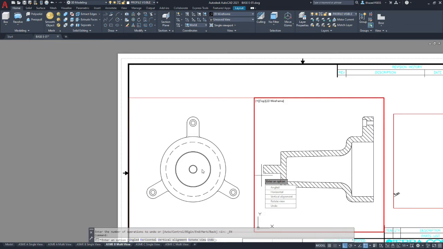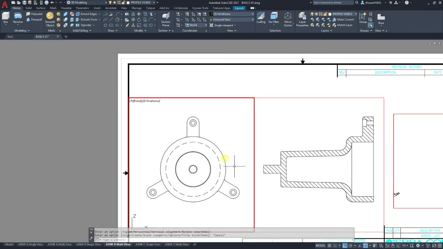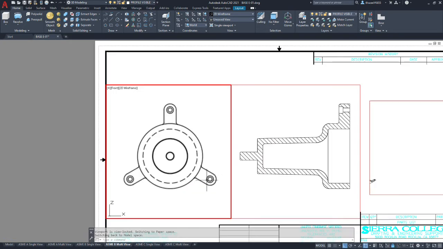And that should align our two views. Now that that's done, let's lock our viewports so that those two can't be modified in position.